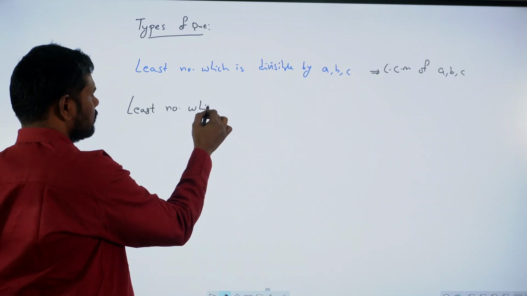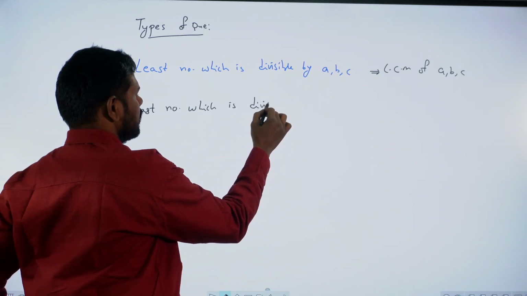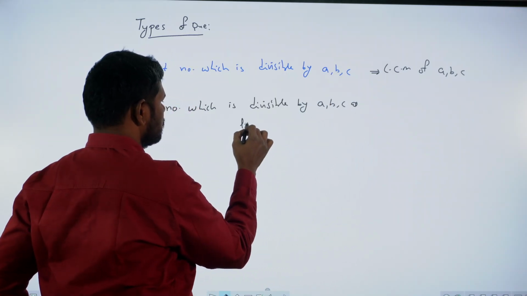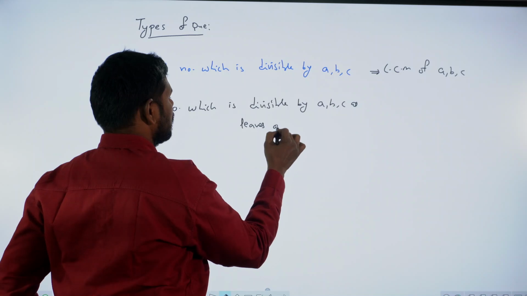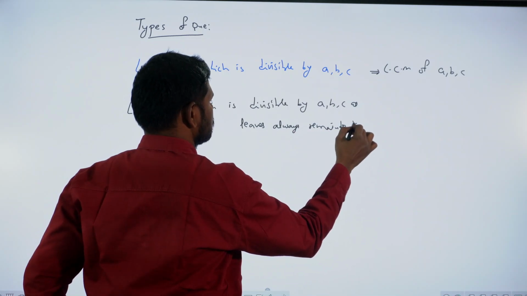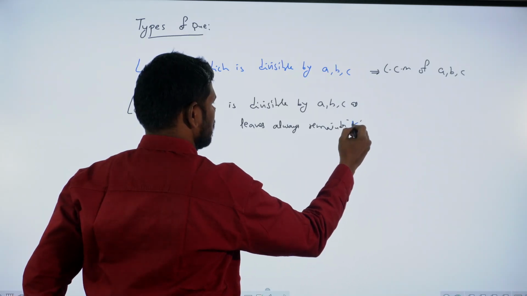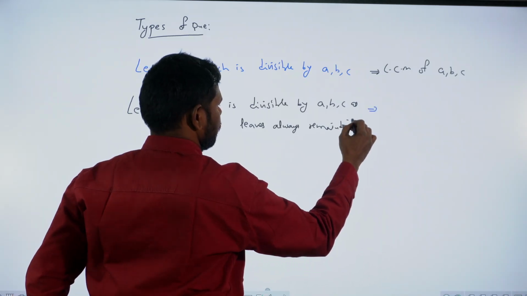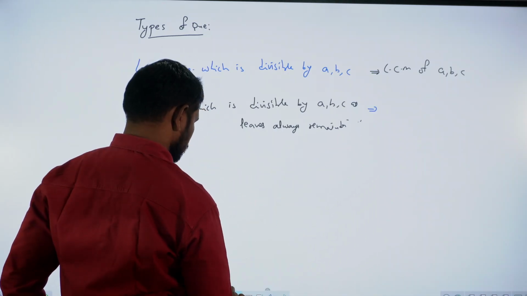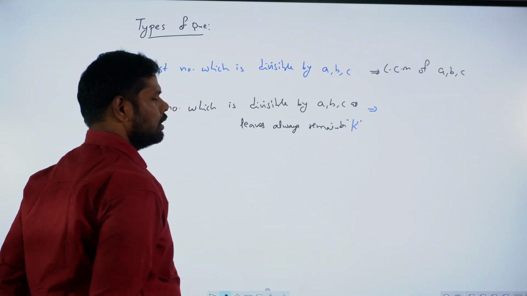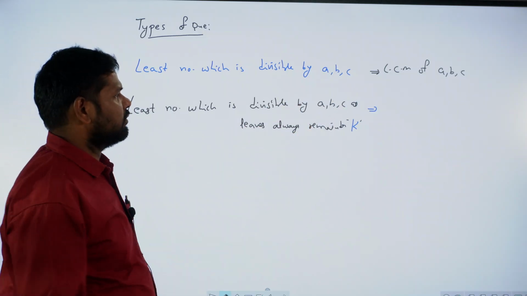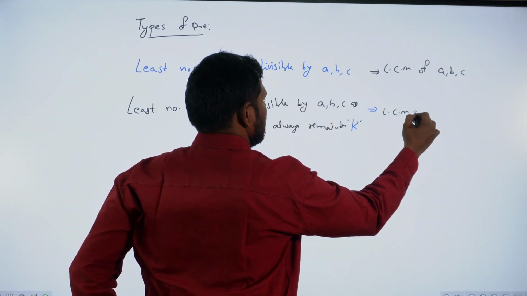Similarly, questions are framed like this. Least number which is divisible by A, B, C and always leaves remainder K. Suppose. Right? So in this case, the number that always leaves remainder K, what do we get? Suppose we find the LCM of A, B, C,